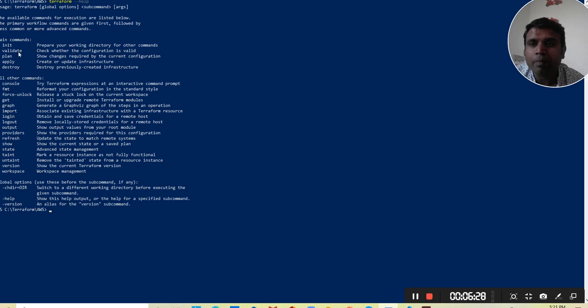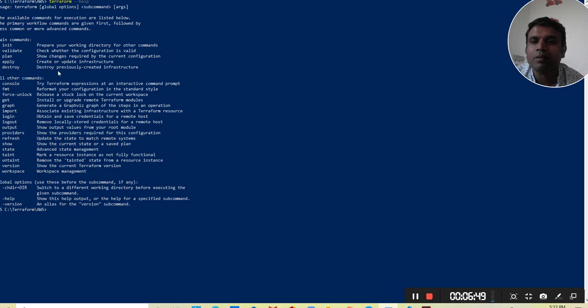Once you apply that code, it will go and create the infrastructure on your AWS instance or whatever provider name you have provided. It will create the infrastructure on that provider cloud, and destroy works within a second.